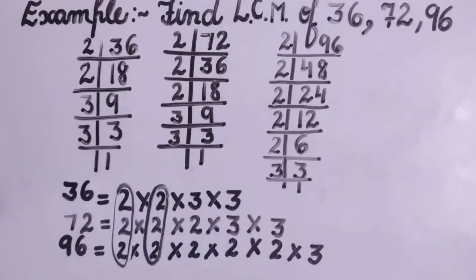Yes, students. Now let's find out the third common factor. See here, 3, 2, 2. 3 is not common here. But let's check, students. 3 is a factor of 36. See here, 3 is a factor of 72 also. And check in all the factors of 96. Yes, 3 is also a factor of 96. So we can say that 3 is a common factor.